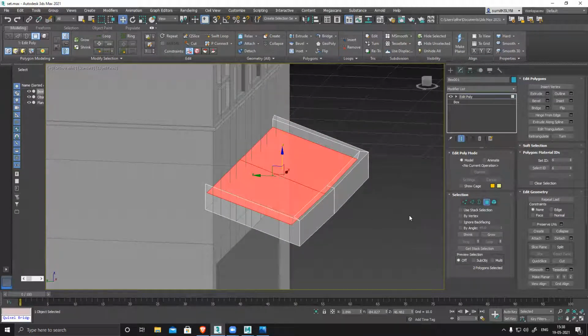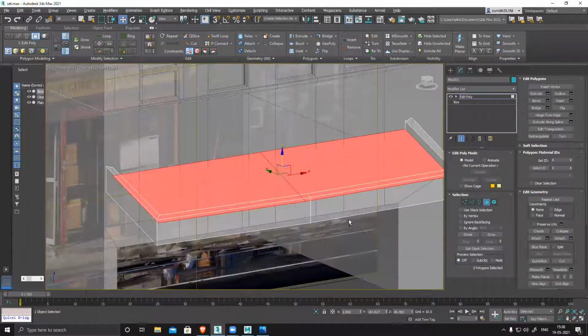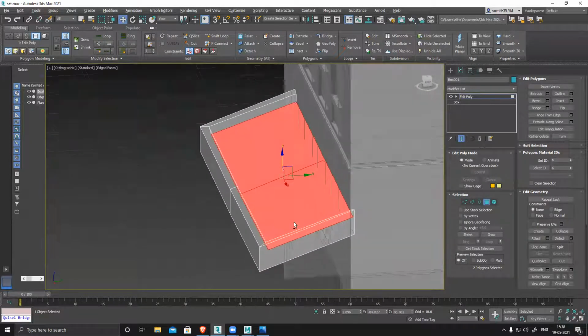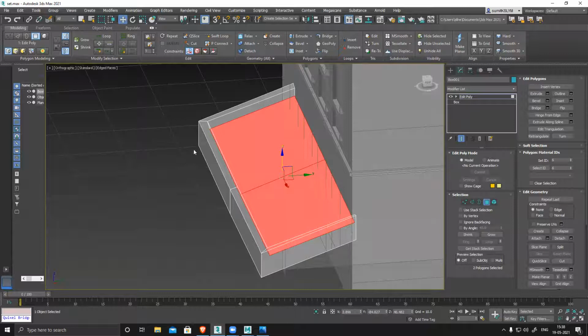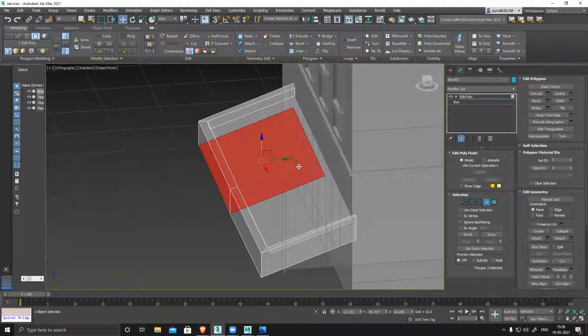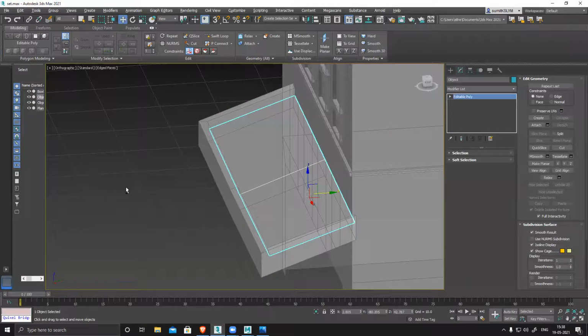Extruding. Why is it extruding? It should not extrude. Okay. So I need this section separate, because this section base is not visible. So detach it. Select this. Oh, select this one.